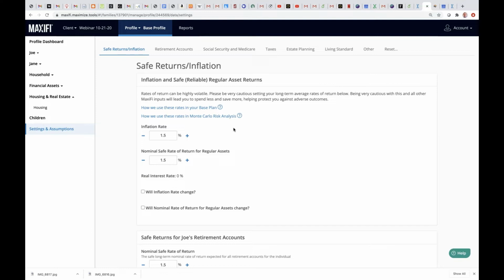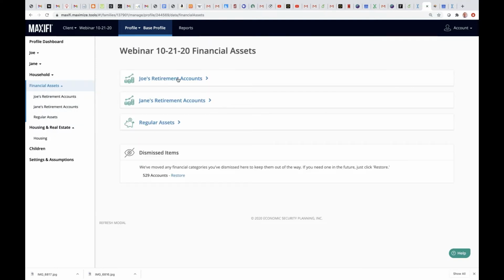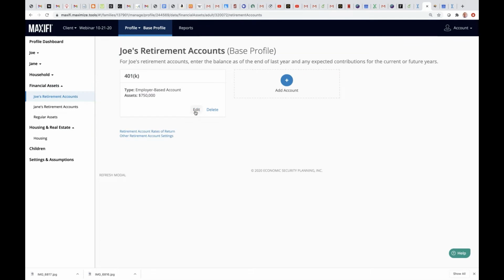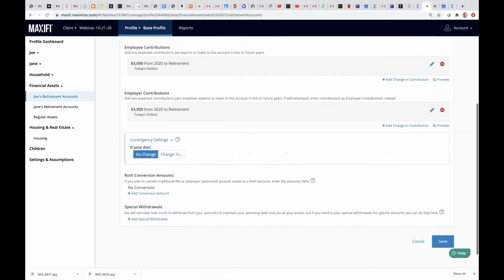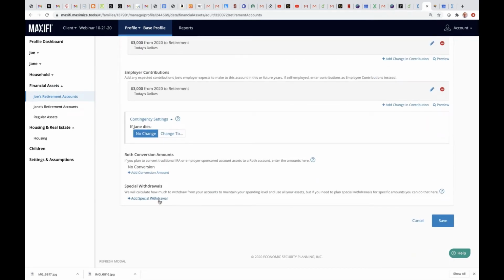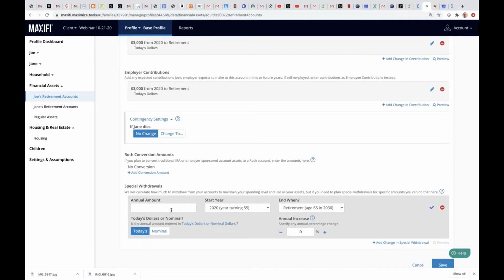Okay. So going back to the idea of pulling money out of the 401k, this is from Michael. How do you model pulling out the money from the 401k? He says the tool only seems to allow a level amount to be taken out over a specified time frame, not lump sums. Well, you can specify that under special withdrawals here that I'm showing you,